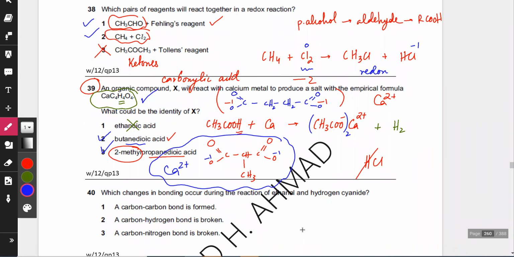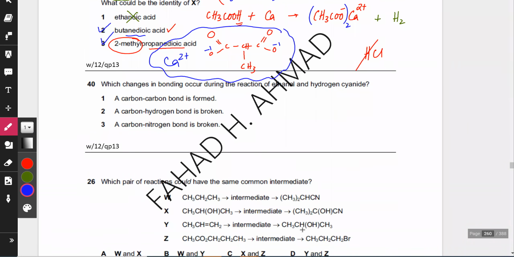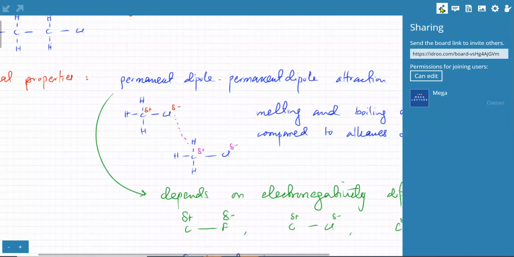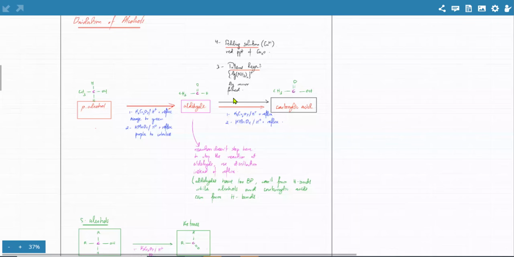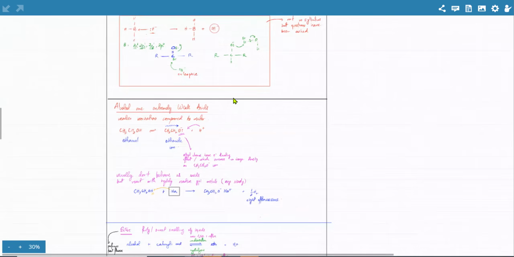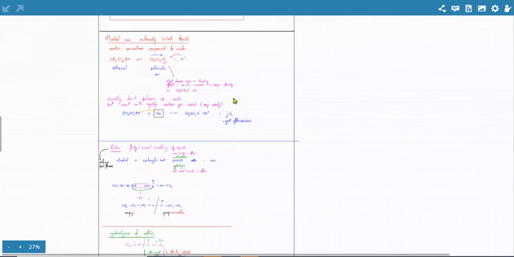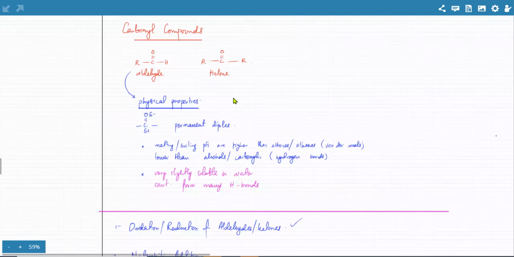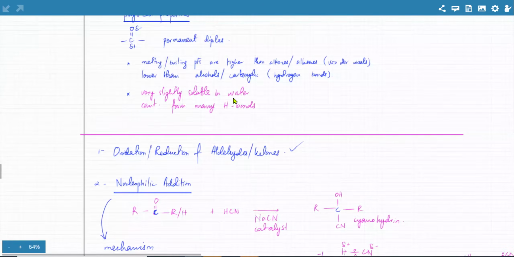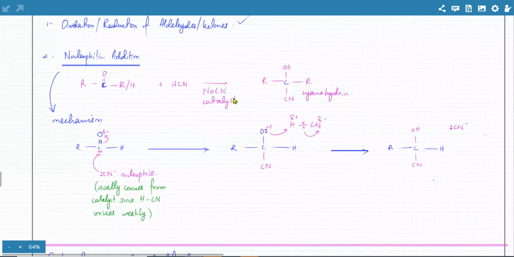Now the next one is, which changes in bonding occur during the reaction of ethanol and hydrogen cyanide. Now this is a nucleophilic addition reaction. So what's a nucleophilic addition reaction? If I can open the board, this is halogenoalkanes. I think it's below alcohols. Where did we do aldehydes? This one. So carbonyl compounds, they underwent